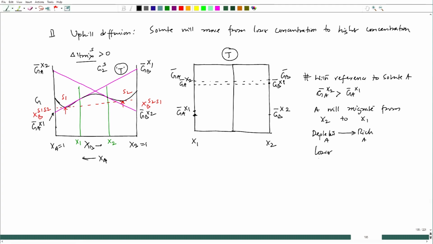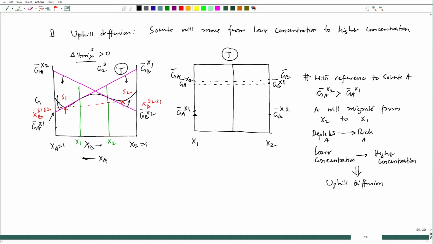Okay. So, now here you see that A is moving from lower concentration to higher concentration. This particular thing we call upfield diffusion. And where will it stop? If you see that they will start moving this way and this way, and this one also will try to move that way,